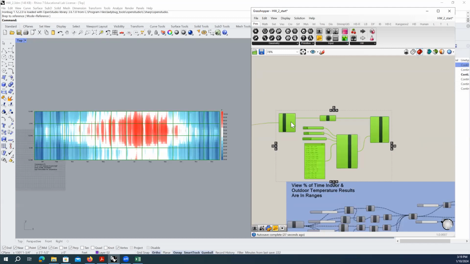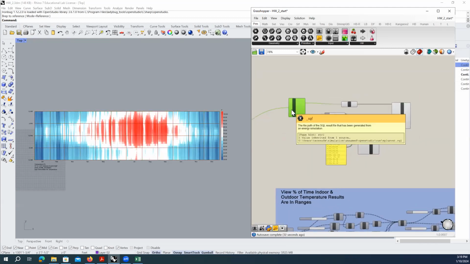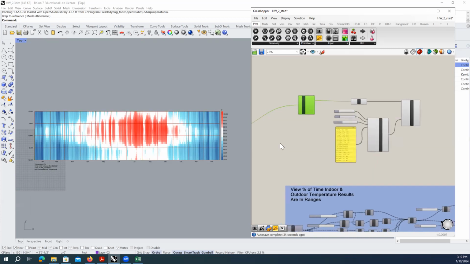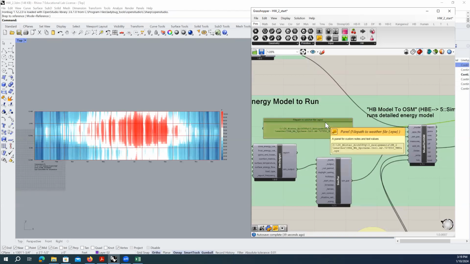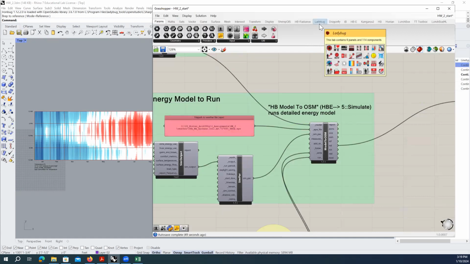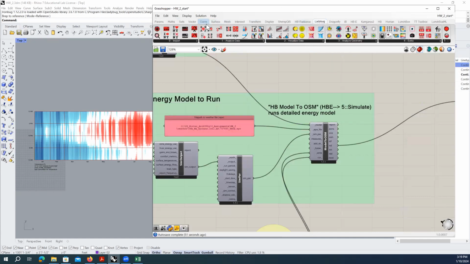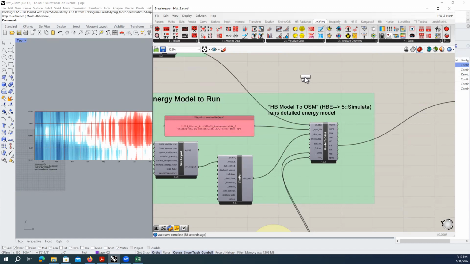If I wanted an hourly plot of the outdoor temperature data, I could grab that from the weather file. So let's practice doing that. This is our weather file right here, our EPW file, and all of the outdoor temperature data is stored in this file. And we can access that with a Ladybug component. So if you go to Ladybug and then go to import, we can use this Ladybug import EPW to look at the hourly temperature data for the outdoor,